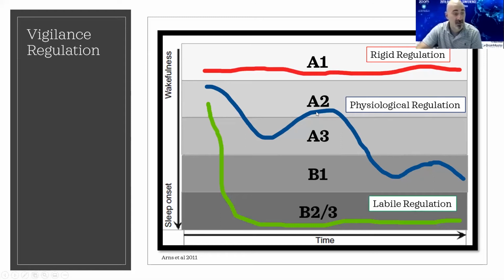This sort of natural ebb and flow of things is consistent with a healthier regulation of this process. Folks with a labile regulation, often these are folks where they put their head on the pillow and they're out, and they think that's pretty awesome. But there's something not entirely healthy about being that surrendered to our environment. And for me, this is really sort of philosophically a case where people have an orientation to fate versus free will.